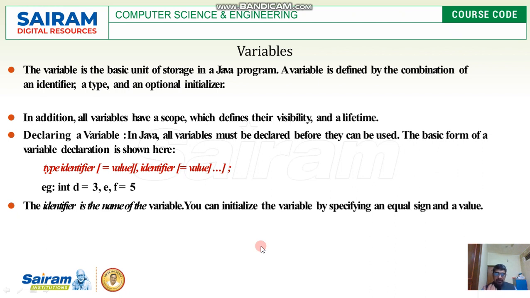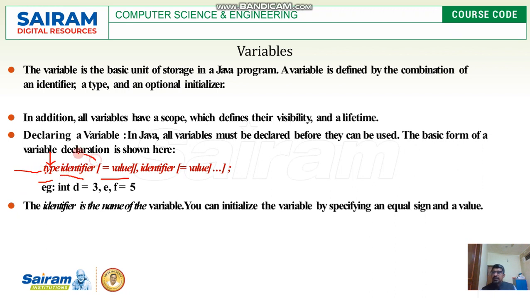A variable is also known as an identifier, which is going to identify a variable, and which is defined by the combination of, as I told, a type, then we can give the variable name and its value. And this is the syntax for that. So this type can be of any type, like integer, character, float, boolean, long, double. You can give any primitive data type.